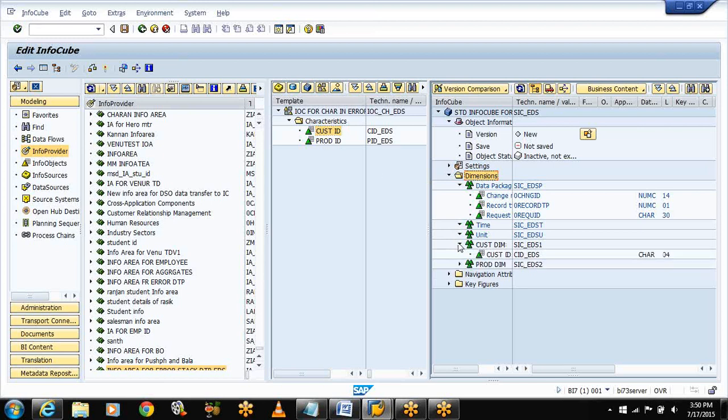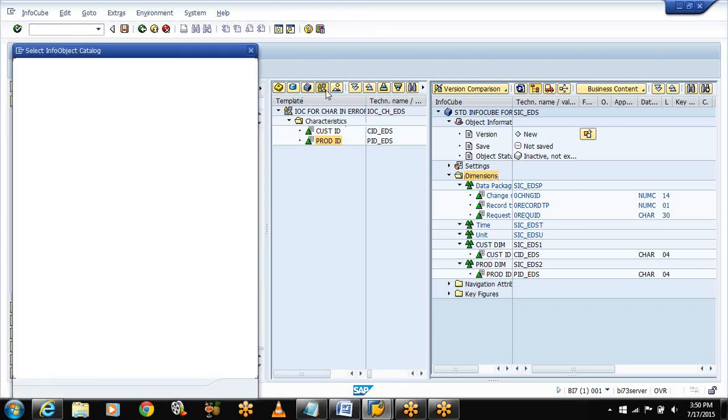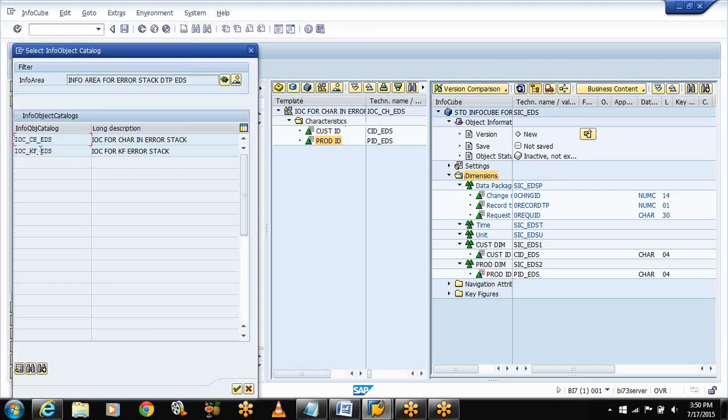Observe this. And product ID into the product dimension. Observe this. Okay. Now select all these info characteristics.